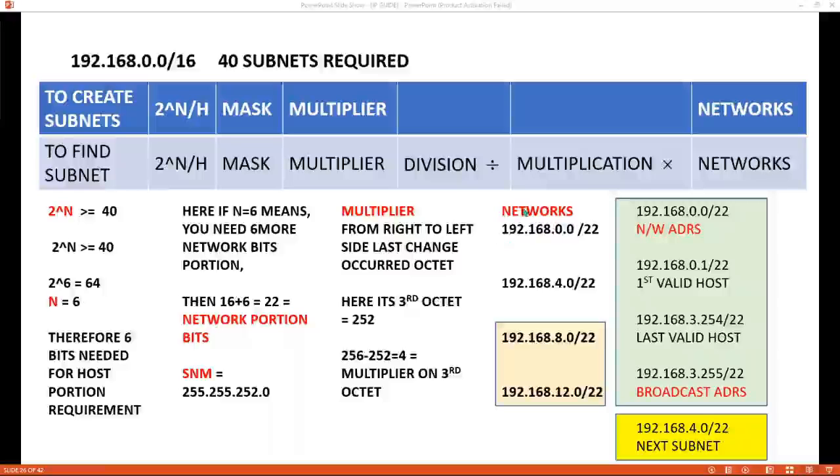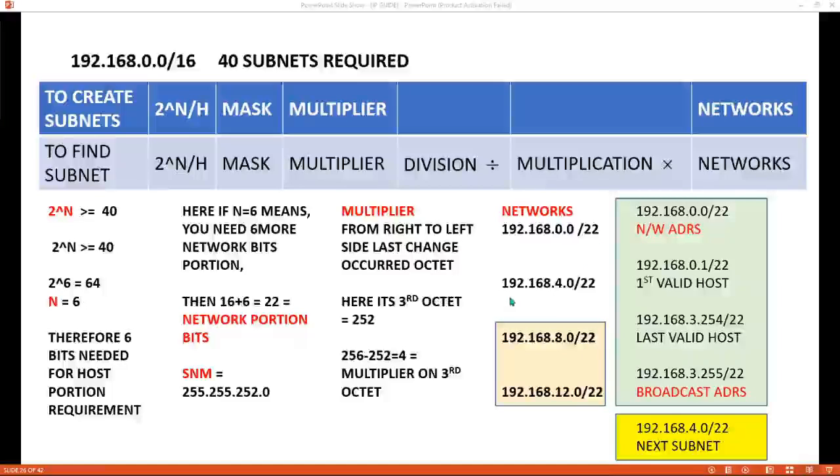So you can find the networks by writing 192.168.0.0. Now the subnet mask is /22, so you can write /22 here. This is the first network. For the second network, in the third octet, it should increase by 4. So 0 plus 4 is 4.0. You can write /22 again, okay? So likewise, you can write continuously